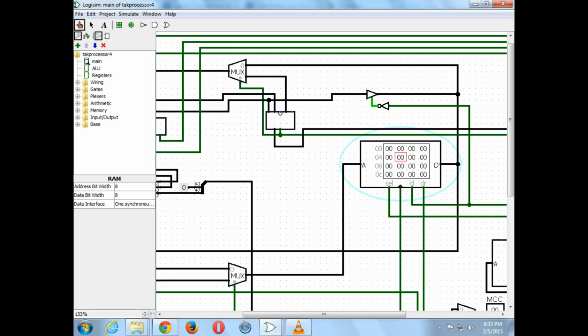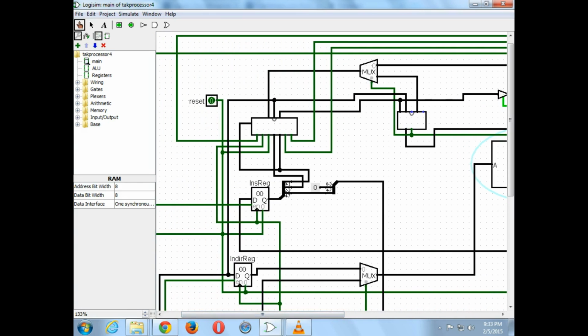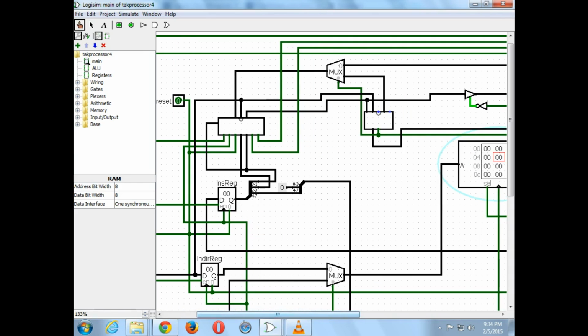Now, we haven't really talked about the glue logic for connecting your RAM to the registers, because we want to be able to read the content of a memory location and store it into a register, and we want to do the opposite as well: take the value of a register and store that into memory. That we have not talked about yet. That's something that we'll talk about next Tuesday. And then once we talk about that mechanism, we'll start to talk about the control mechanism,